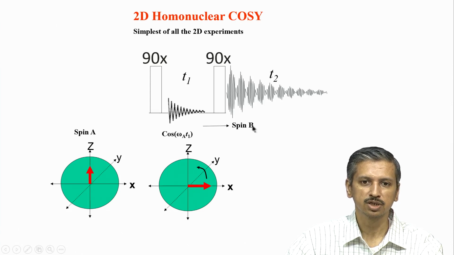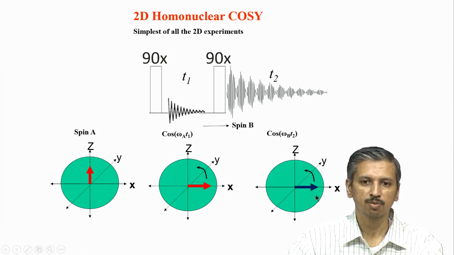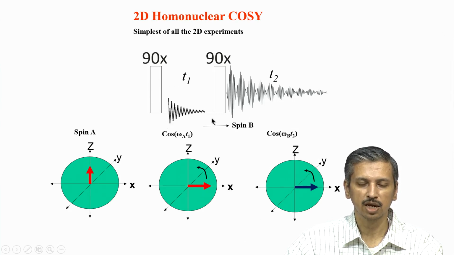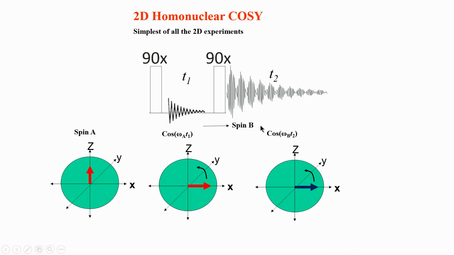Now, once you do this transfer to B, the B has to be excited because B is still along the z axis. Although I said we excite both A and B here, the magnetization which has come from A to B is still along z. B also will be in the xy plane, but again it transfers to A and the transferred part is along z. So, you have to keep in mind when I say that B has to be excited, it means the spin magnetization which has come from A, that part has to be excited. It is not the spin B that has to be excited. In the beginning A and B both are excited by this pulse.